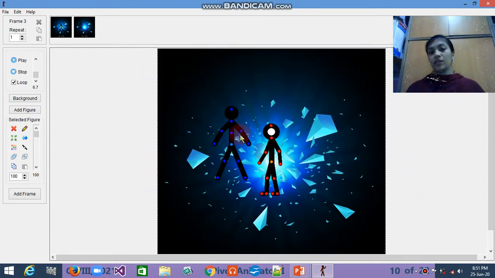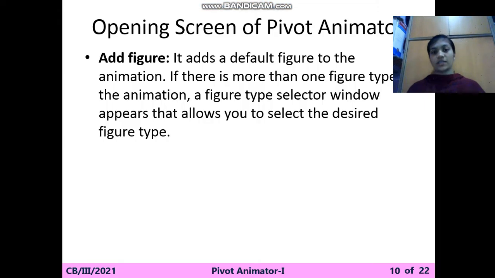Okay, remember that you can see here that this first figure has all the blue dots and the second figure has the orange and the red block. Now this is the current figure and this is the deactivated figure. This is the activated figure, this is the deactivated figure. So let's see.